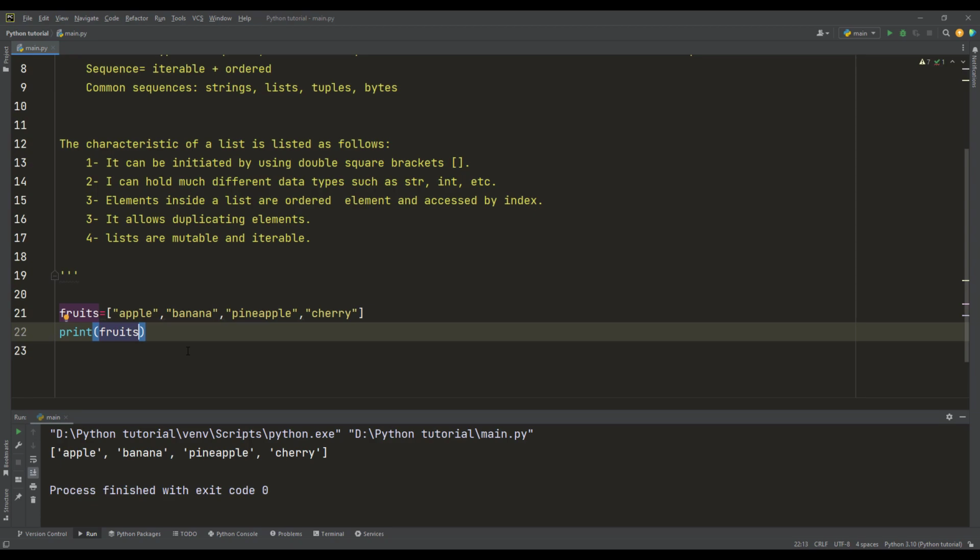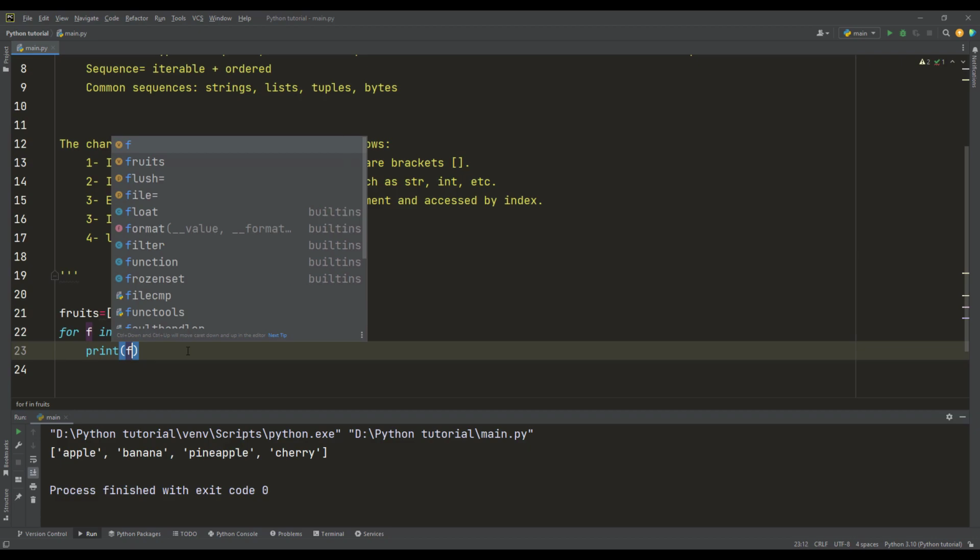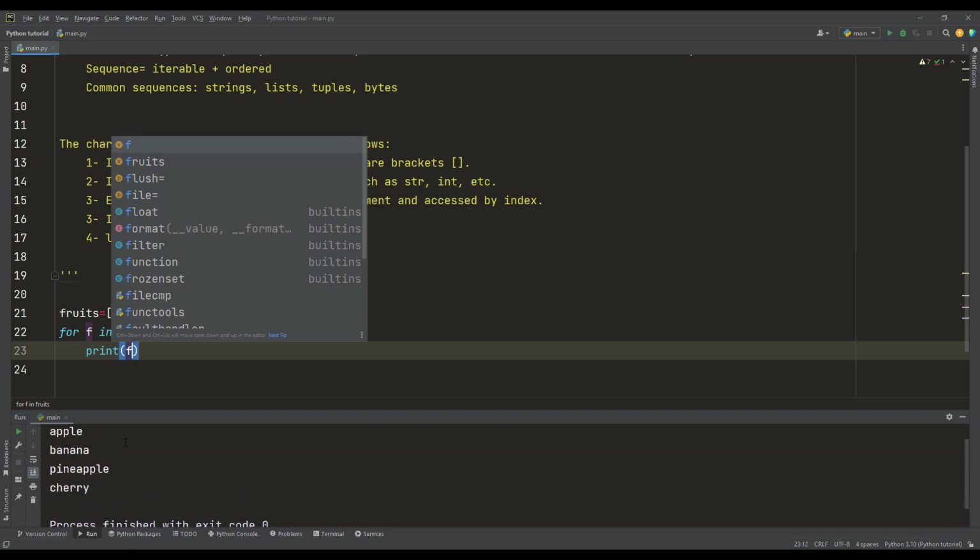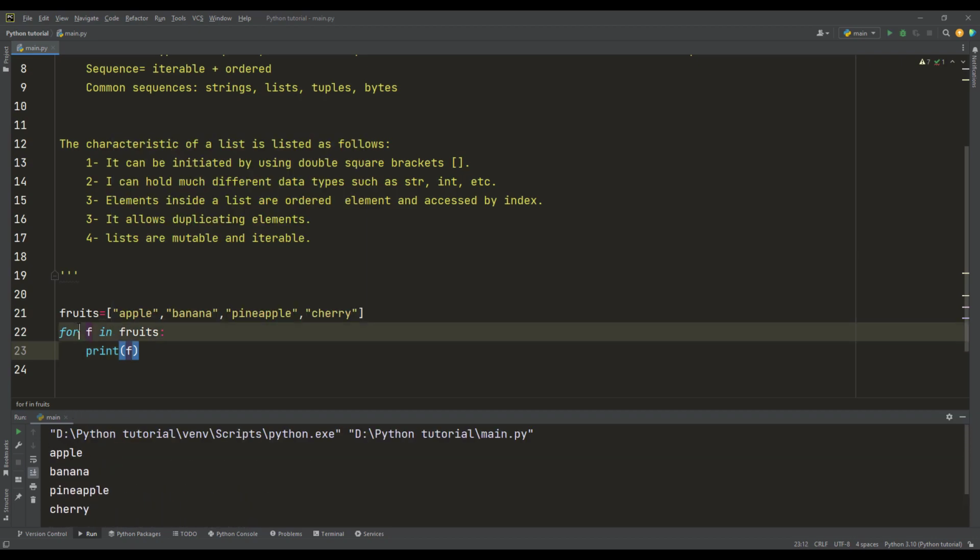But if I want to loop in a list, we learned before how we can loop in a list: for f in fruits. Let us print what is f. And yeah, we printed all items in the list. And now